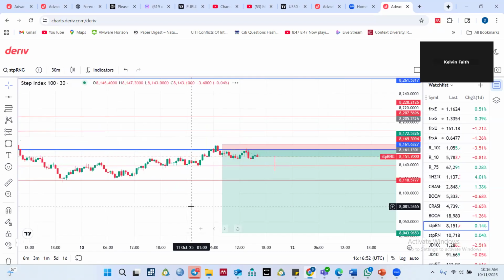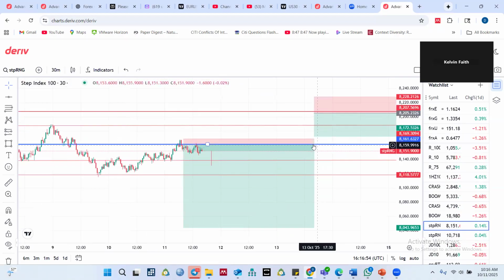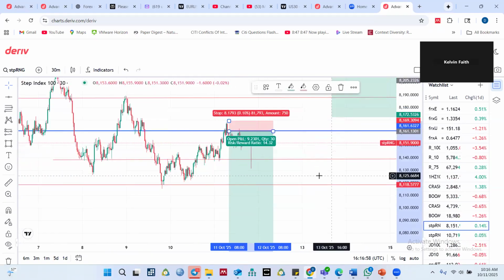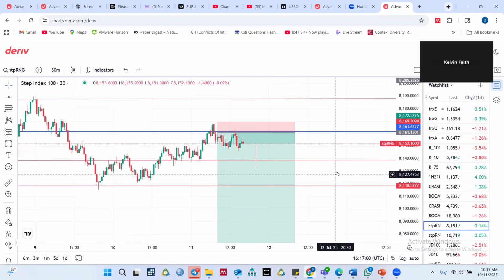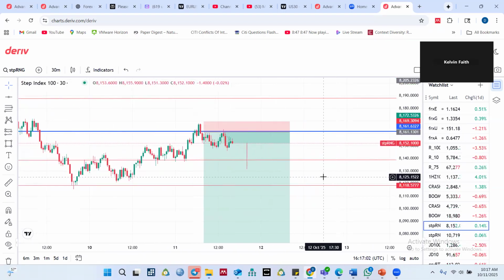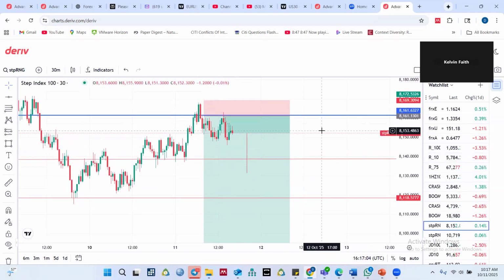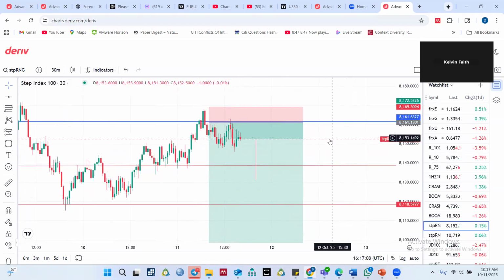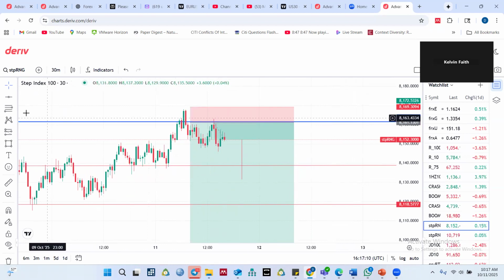Okay, so now let me go to the 30 minutes and see what is happening on 30 minutes from 4 hour. Good. So this is the 30 minutes on 4 hour. This is a live market, right? On the 30 minutes, we are below the blue line, precision support resistance line. Are we seeing any break of structure on the 30 minutes? Are we seeing any engulfing? Are we seeing any